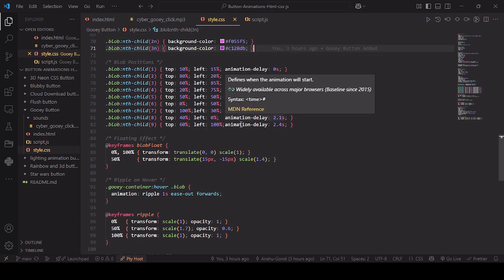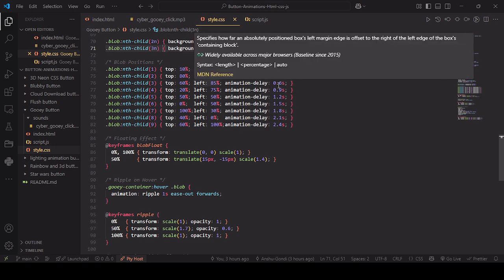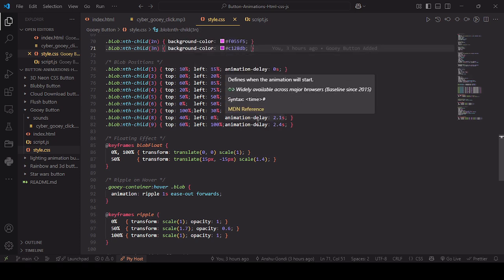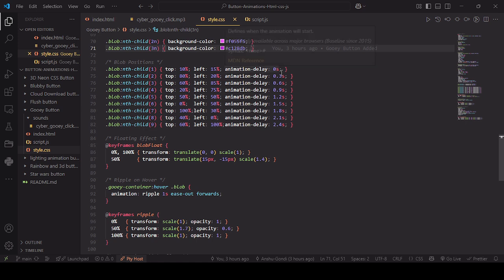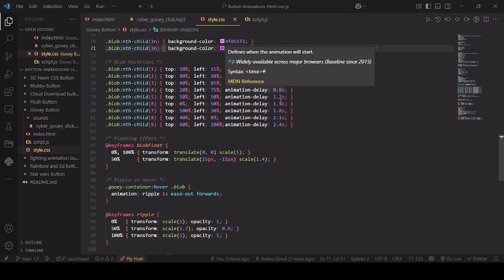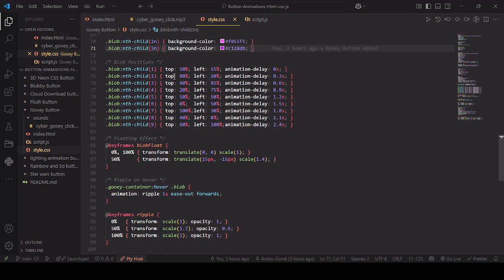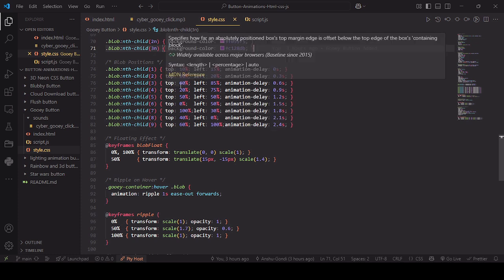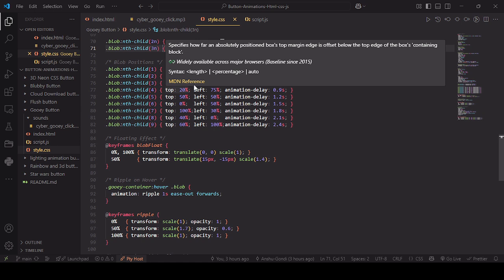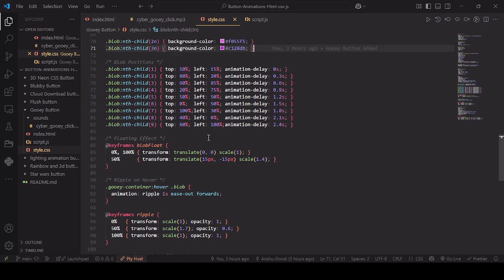Then animation delays for each of them will be increased by 0.3 seconds, as you have seen right here. And for the positioning of the third we have taken top 60% and left as 85%,